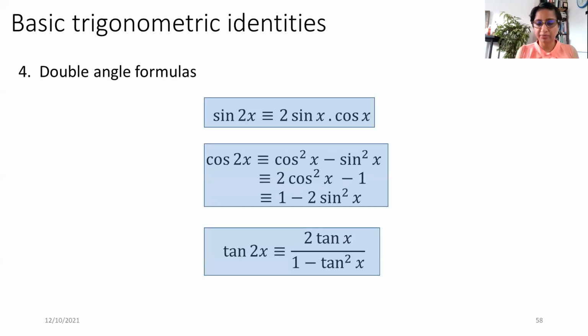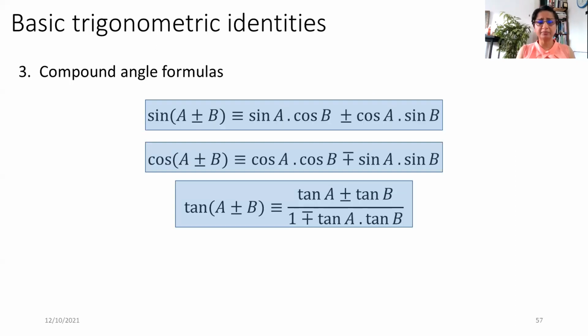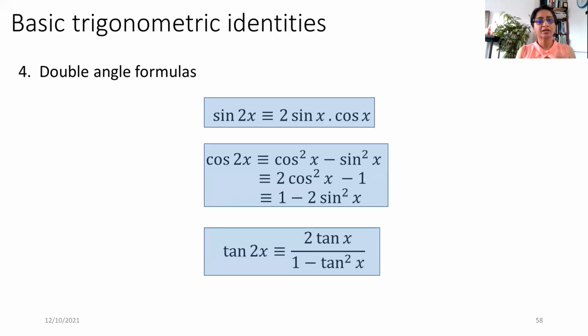And then double angle formulas for both of these. Famously, they are called formulas, but they are actually identities. Okay, if you are wondering why identity, but formula, it's just how it has come. So we are just using it, but they're all identities. These are double angle identities. Double angle means here you have sine, cos, tan of 2 times an angle, 2x, and I'm giving you an identity for that. And the other expression on the right hand side has half of the angle on this side. So for example,